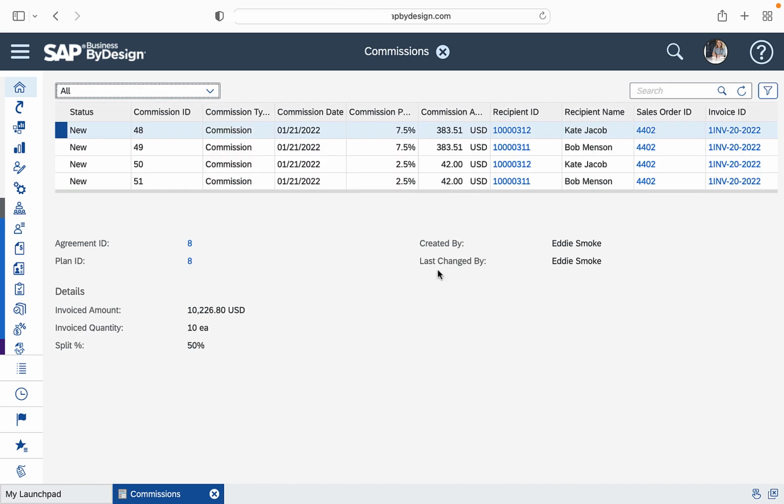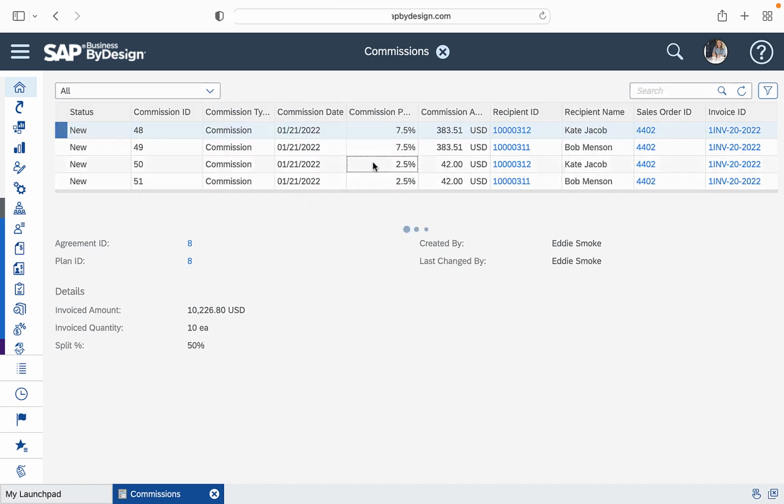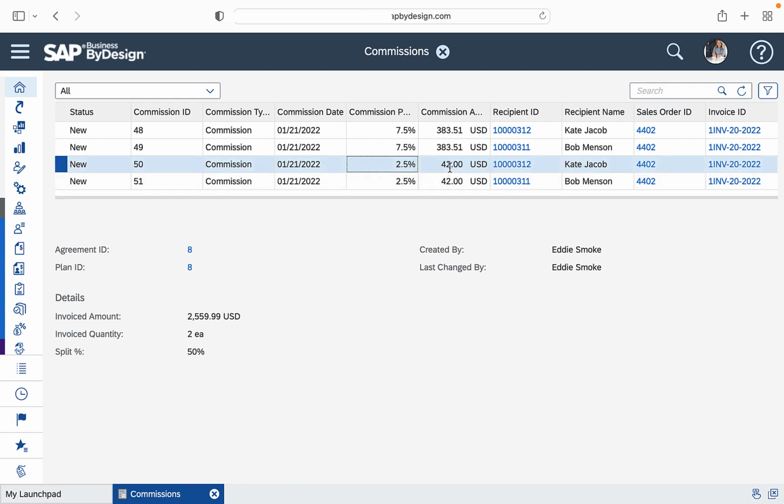So we're just looking at the commissions, and we have some commissions here. We'll notice that we have, let's take a look, for example, this $42. We can see all the documents, so we can drill into the sales order if we want, the invoice. We also have a cross-reference for the plan ID, but if we take a look at the invoiced amount,